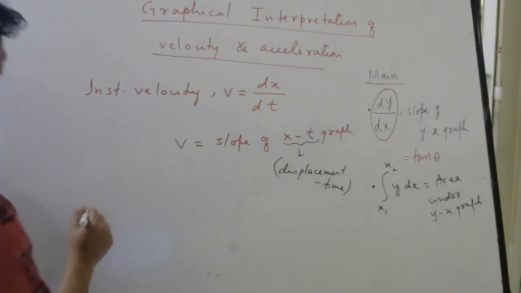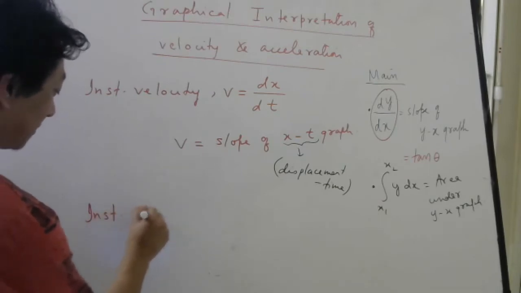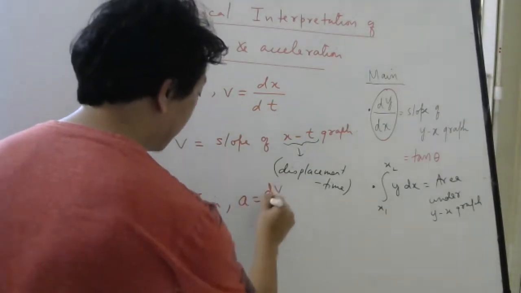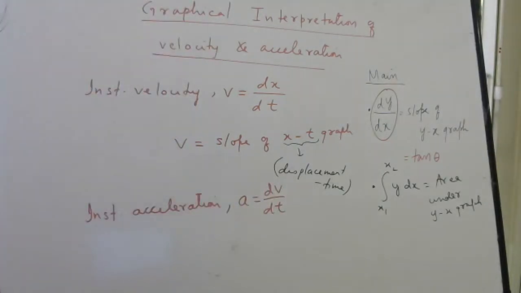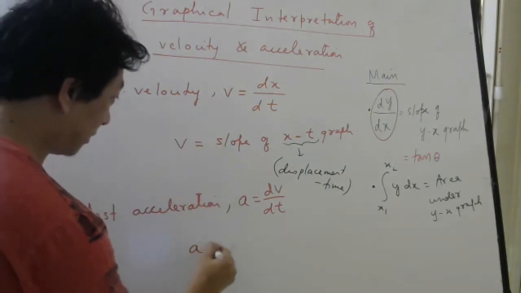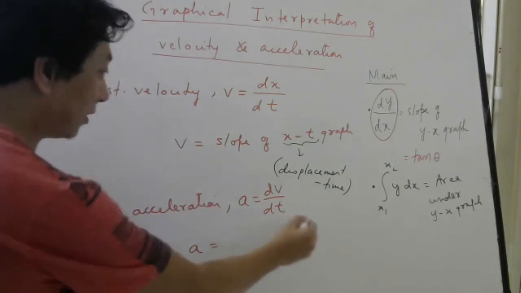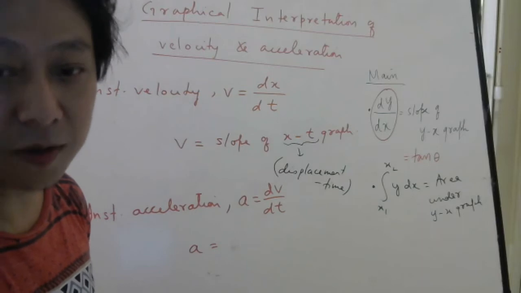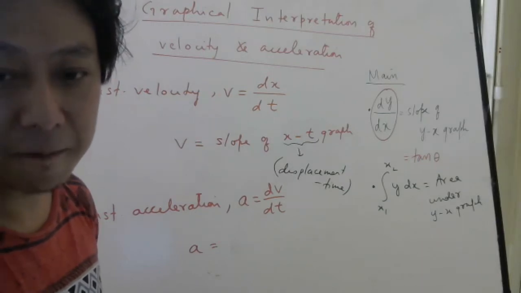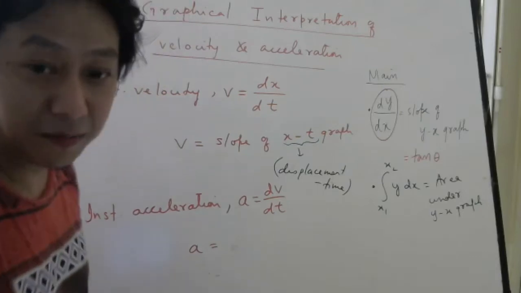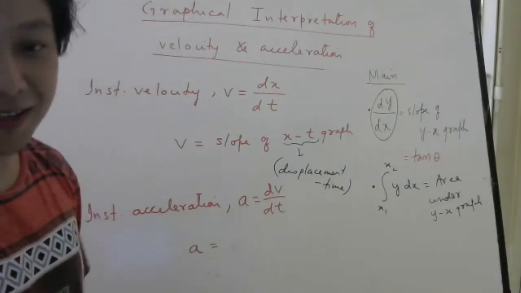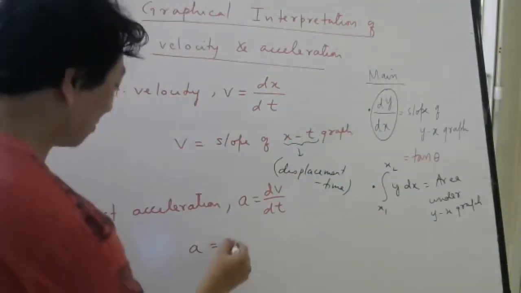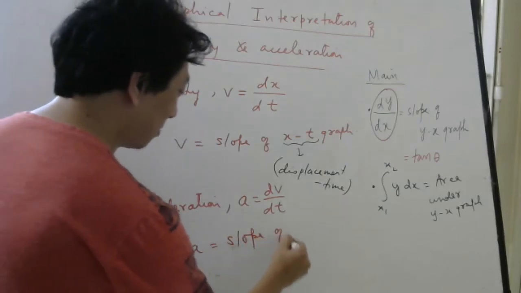Okay. Similarly, how do we write instantaneous acceleration? dv by dt. Correct? So what will the acceleration be equal to? Graphically what it will be? Can you tell me? Use the same concept. No. Slope of vt graph. Somebody is saying area again. Where is integration here? This is differentiation, dy by dx. It is not integration. So this will be slope of vt graph.